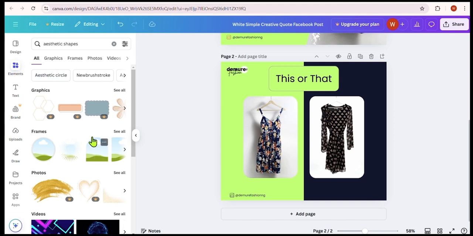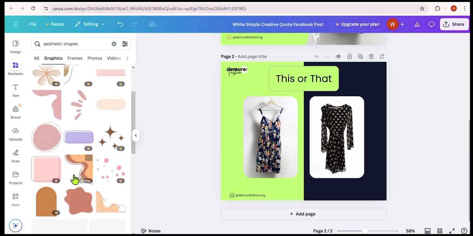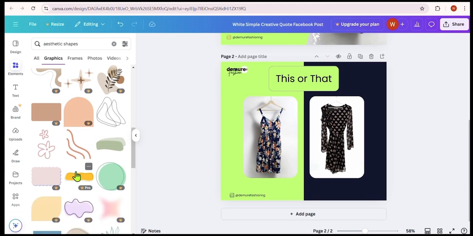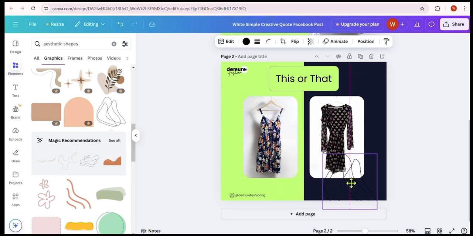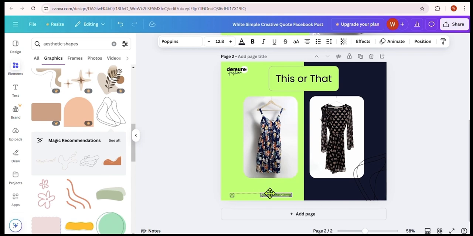Aesthetic shape is fine. Since it has to do with fashion, let's go to graphics here, or let's look for one that is not asking for our money. Okay, so this is good. We should change the color. Change the green, or choose